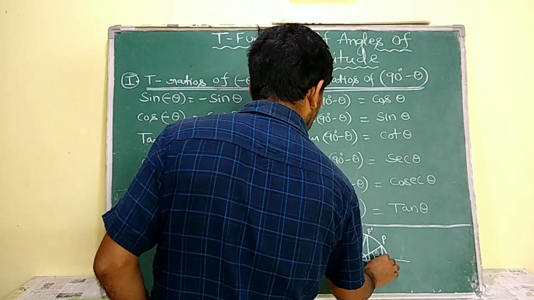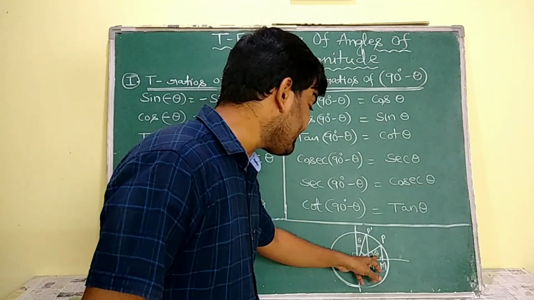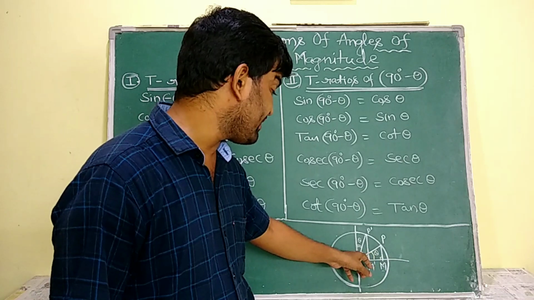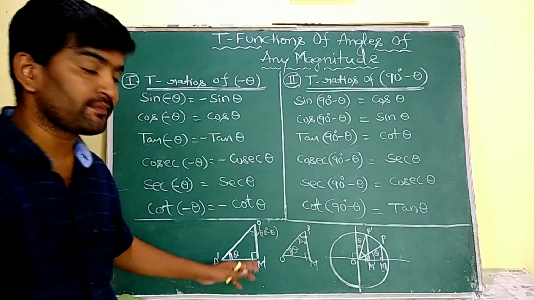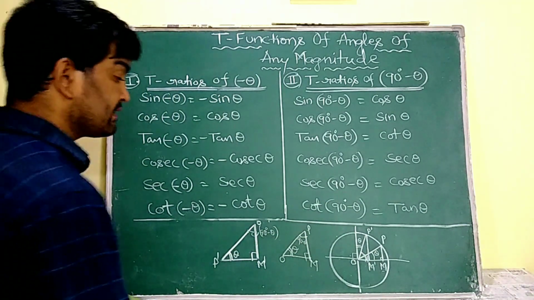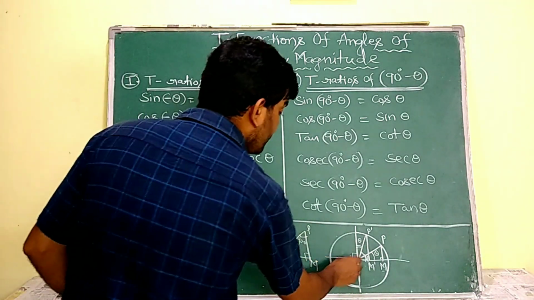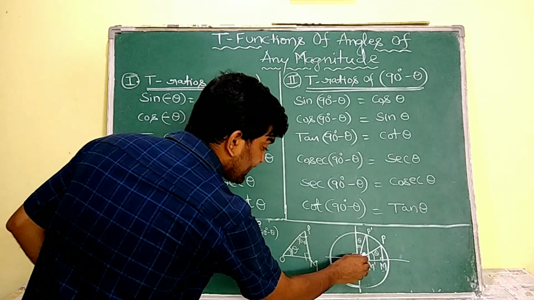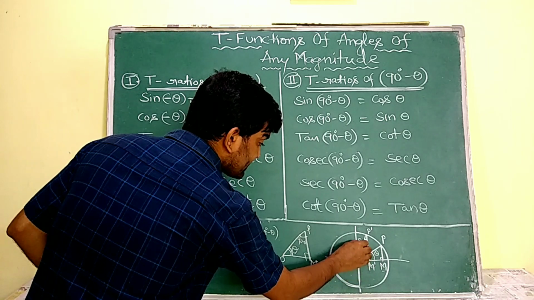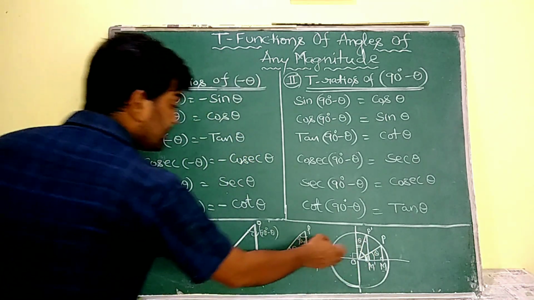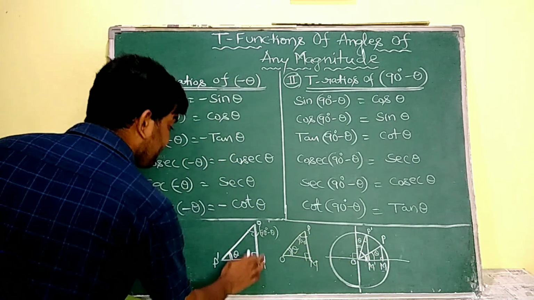So simply we are going to find the trigonometric ratios of these two triangles. Here, sin of 90 minus theta is equal to what? I am going to separate these two triangles from the figure. This triangle OPM is expressed as it is. Now this OP dash M dash: if this is theta, then this becomes 90 minus theta. It is very clear to us. If it is 90 minus theta, definitely the other becomes theta. So this triangle I am going to arrange like this, P dash M dash O.